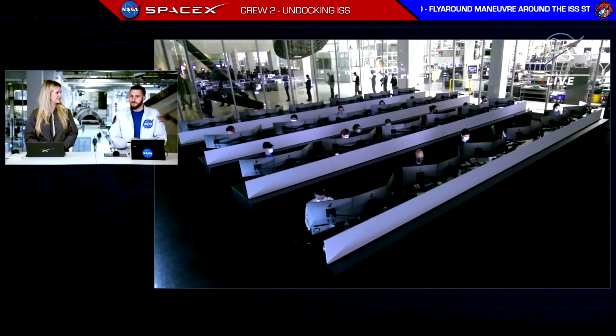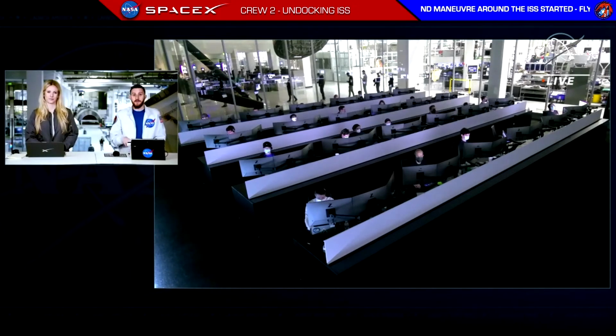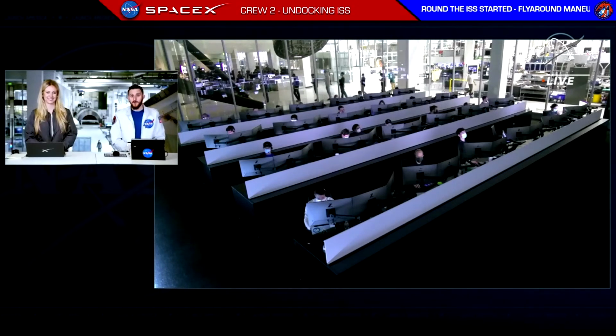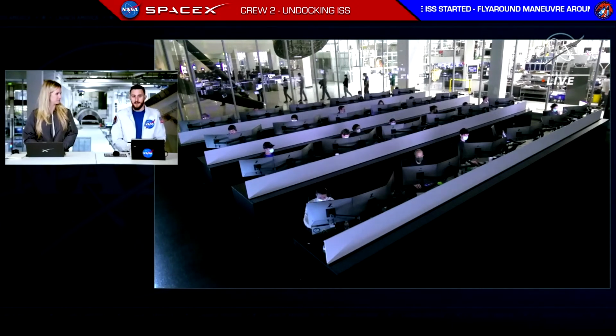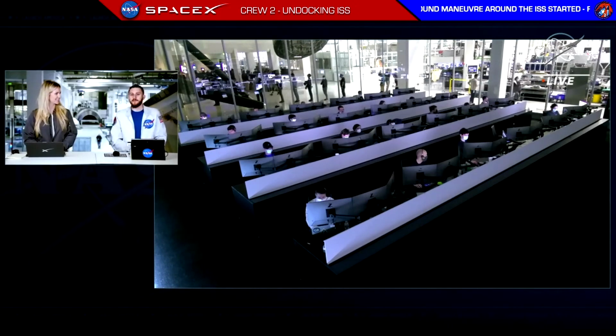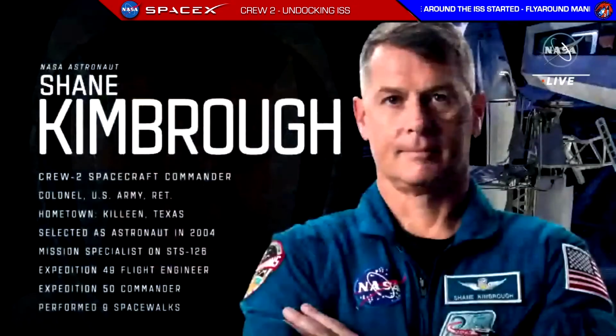There are some handovers. It's a very long maneuver, about an hour and a half to get from the very top of the station and make essentially what is a full loop. It's a whole hour and a half. So through that time, we'll make essentially what is a full orbit of the Earth. We undocked right over the South Pacific Ocean, I believe. And then right around the time that the fly-around maneuver was executed, we were over the South Atlantic. So right about that time, we should be somewhere over the South Atlantic, right around the time the fly-around is complete. But in the meantime, let's learn a little bit about the crew on board, starting with our commander, Shane